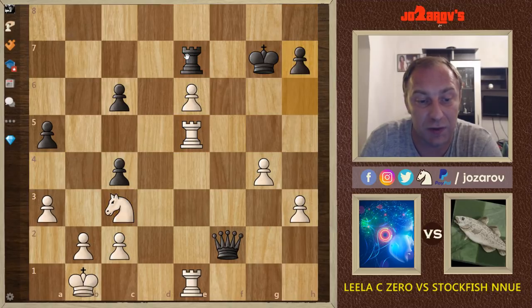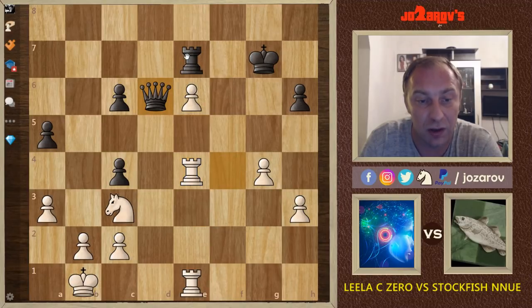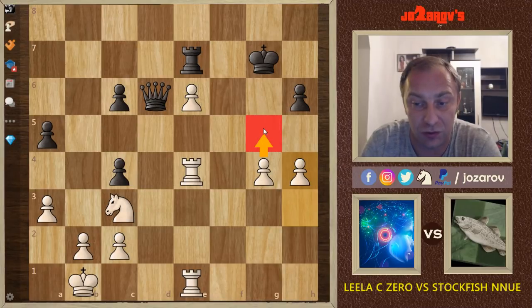King to g8, then we have knight to c3, h6, rook to e3. We have queen to f4, again rook to e4, and now queen to d6, and now simply pushing further. We have now a new passed pawn situation. We can again create here a passed pawn with a potential g5 move, king to f8, g5, h takes g, h